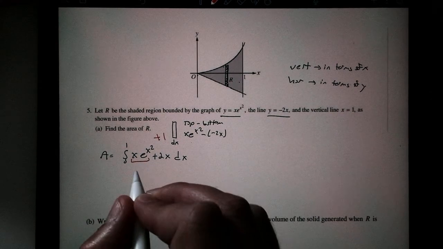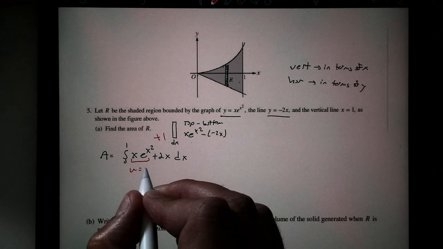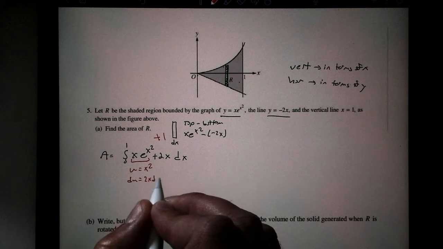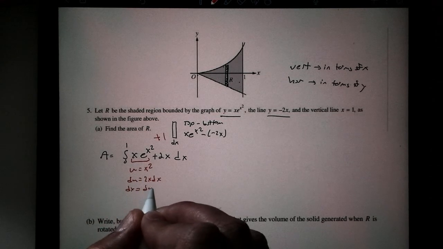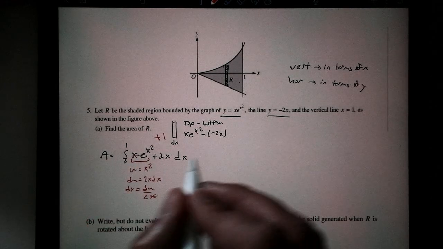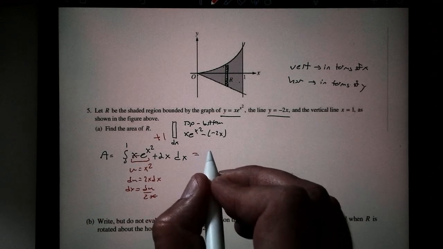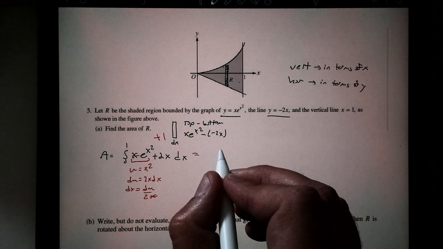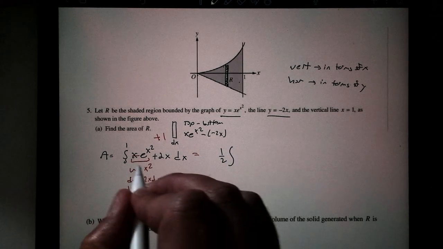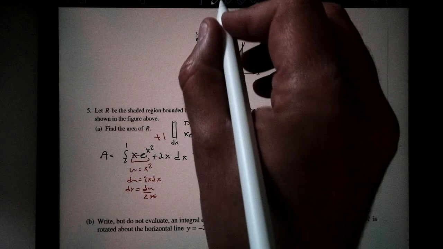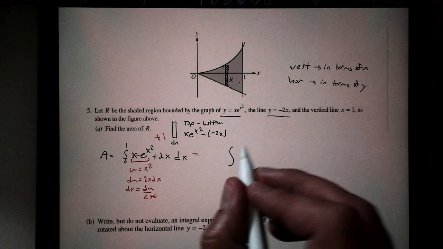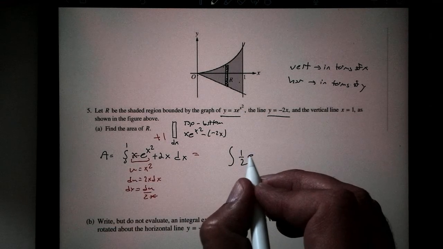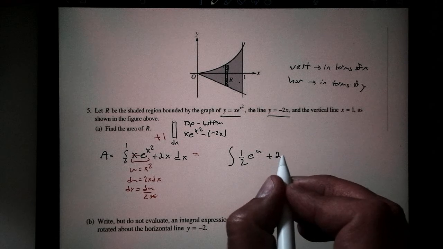We are going to use u substitution, where u is going to be x squared. My du becomes 2x dx, or dx is du over 2x. So these x's will cancel, and what we're left with for our new integral is the following. This becomes 1/2, and I'm not going to replace my limits just yet. Let me write it this way. Put the 1/2 inside. 1/2, remember that cancels, e to the u plus 2x